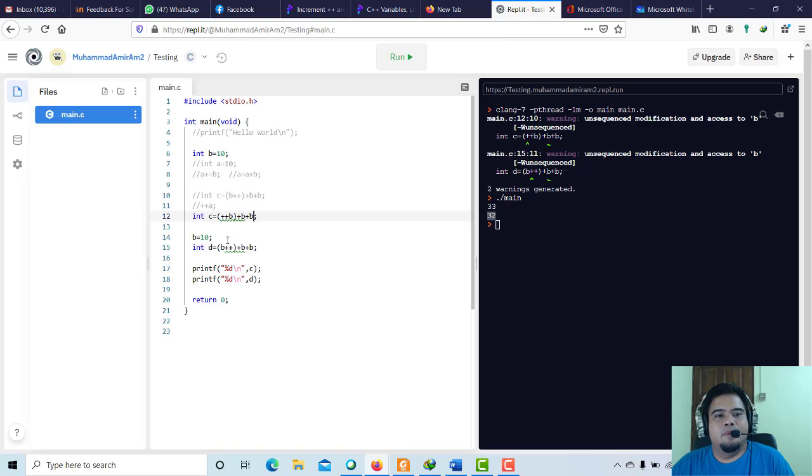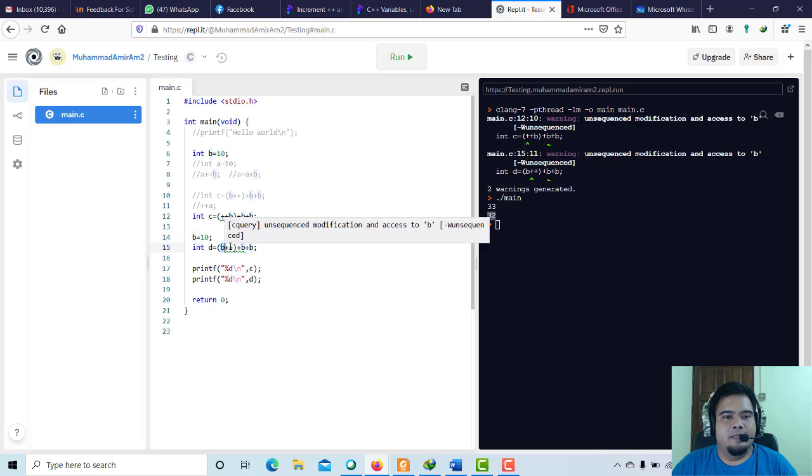But it's different from this one. This one will increment after the execution, meaning that if you have b plus plus, the plus plus will make it increment by 1 after executing this statement. So after you execute this line, b will become 11, but it will maintain the original value of b, which is 10. So that's why actually this is 10, this is 10, this is